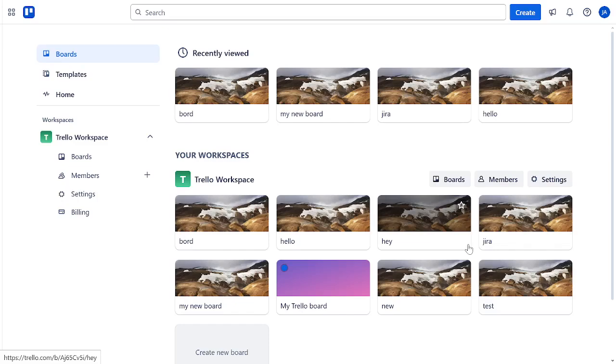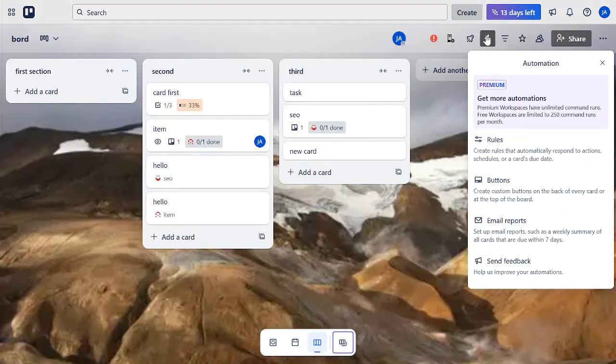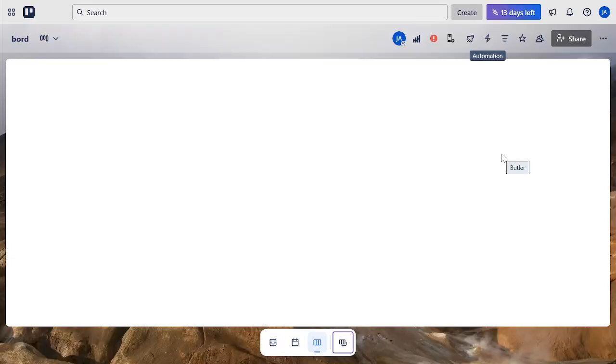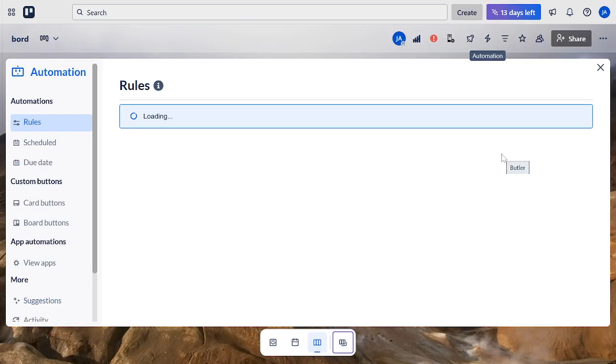Today, we're diving straight into creating custom workflow automations in Trello, your guide for 2025. To begin, you'll want to open Trello and navigate to the Butler feature. It's located in the top right corner of your board. The reason we do this is because Butler is Trello's built-in automation tool, and it's where we'll be creating our